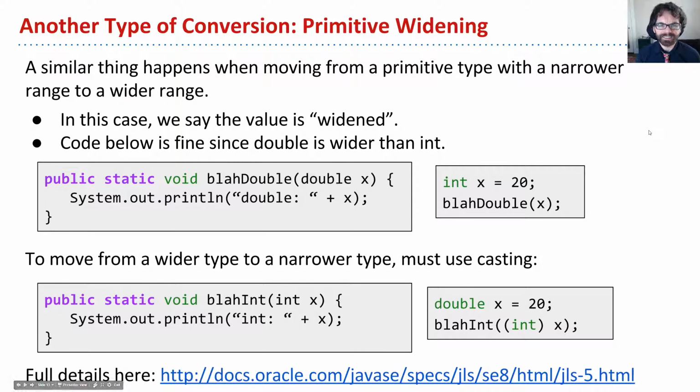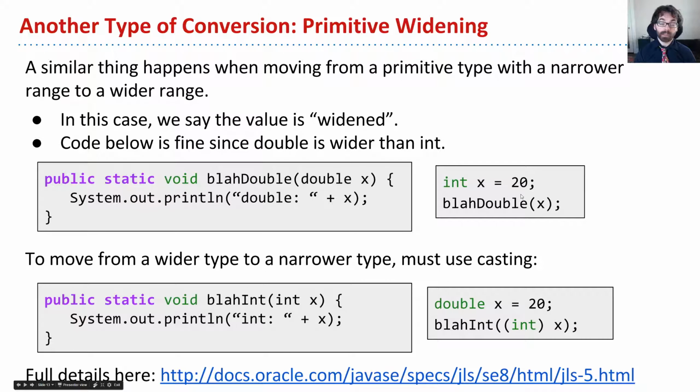There's a closely related idea, another type of automatic conversion, known as primitive widening. So just like we saw before, where types can be automatically converted from wrapper to reference and vice versa, it turns out that if we have a method that takes a wide data type, and we pass it a narrower data type compared to the one we're calling wide, then it will automatically widen for us. So in other words, here's a function that takes a double, it's called blah double, and we can hand